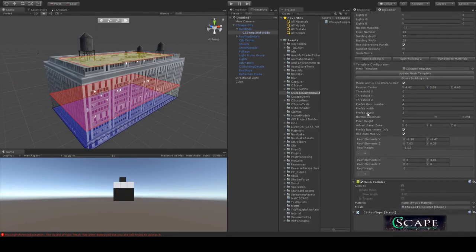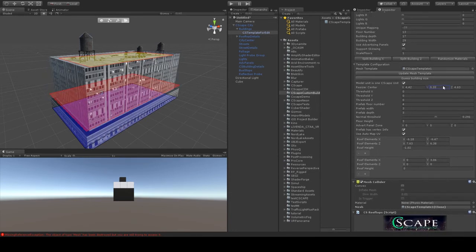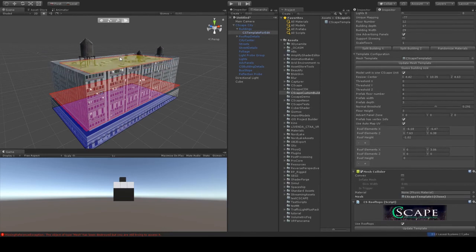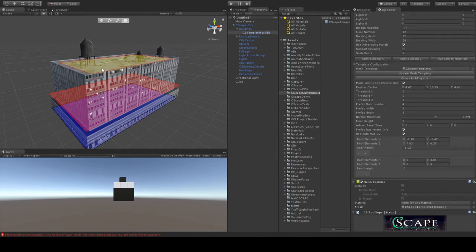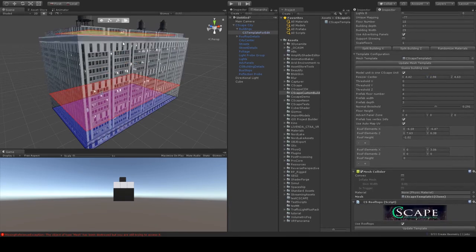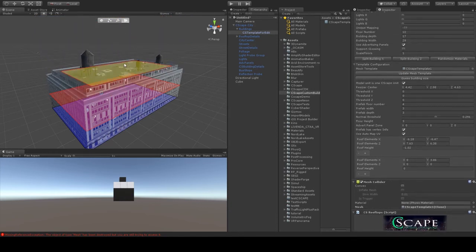By using the same mesh, we can have also different buildings. You will see here that if I change it like this, it will keep always the lower part of a building fixed, and the higher part of the building will be scaled. Or if we put it down, it will be scaled like this. Also, there is another option that is defined by this threshold value